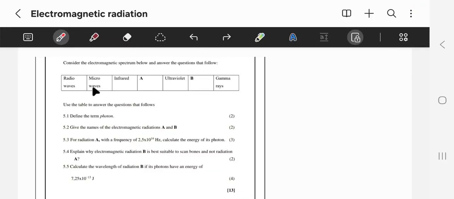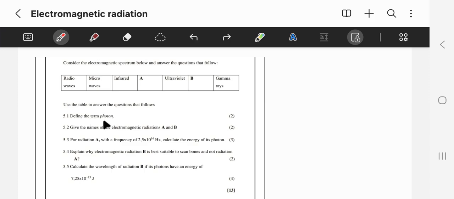So we'll be looking at this question now, and it reads: consider the electromagnetic spectrum below and answer the questions that follow. And then we have radio waves, microwaves, infrared, and then A, ultraviolet, B, and gamma rays. Then they say use the table to answer the questions that follow. Firstly, we have the